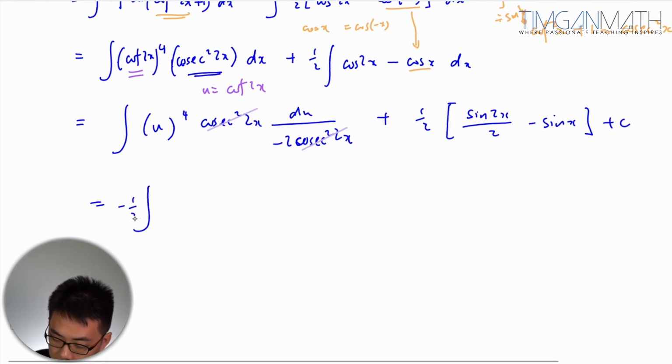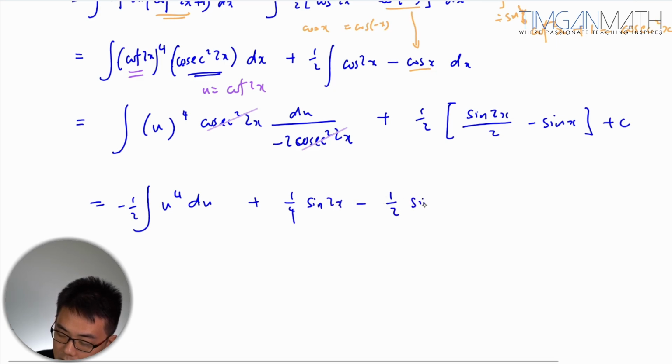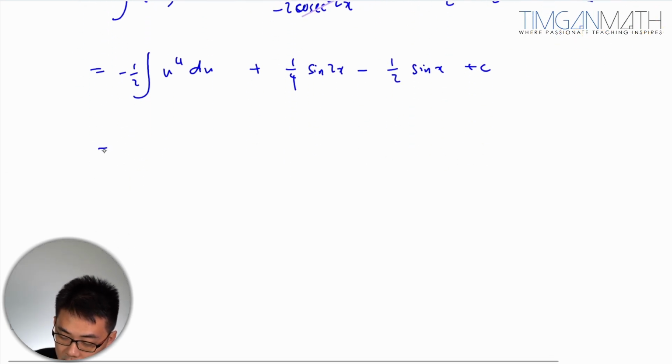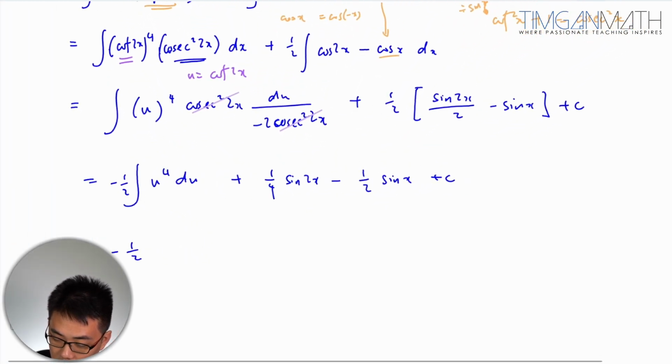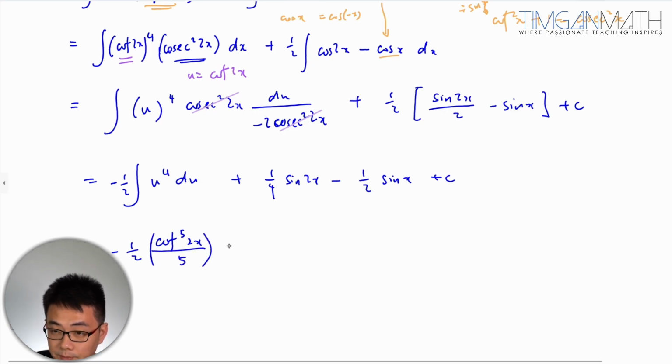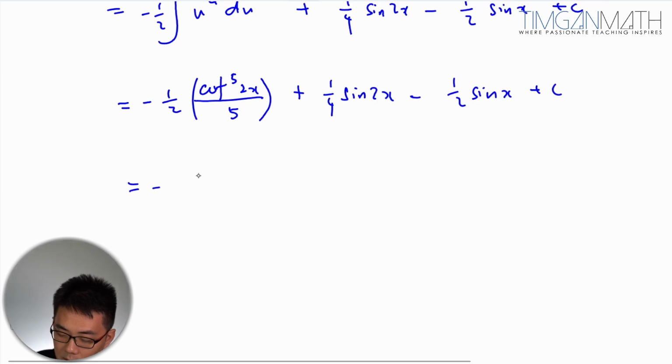This will be minus half u to the power 4 du. So plus 1/4 sine 2x minus half sine x plus c. So in this case here, very quickly, u is our cosecant cot square. So this is cot to the power 5 2x over 5. Okay. There you go. So in this case here, we'll get minus 1/10 cot 5 2x plus 1/4 sine 2x minus half sine x